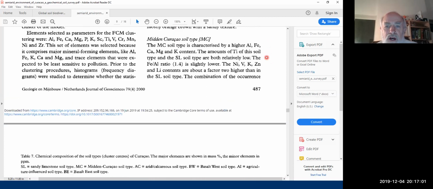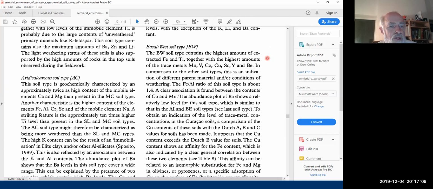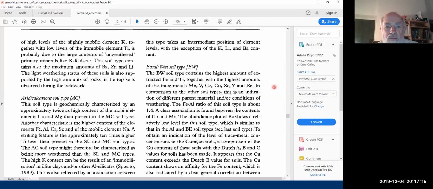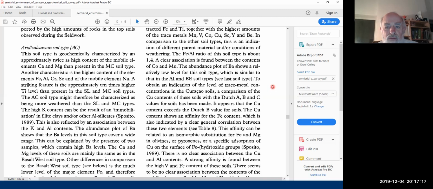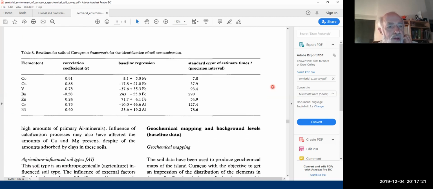The Midden Curacao type, and then they go on into the arid calcareous type, all of the details of that, and they compare to some of the others. The basalt west gives a detailed description there. And then